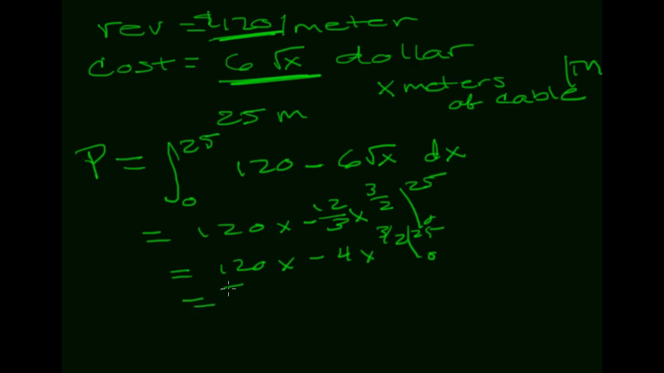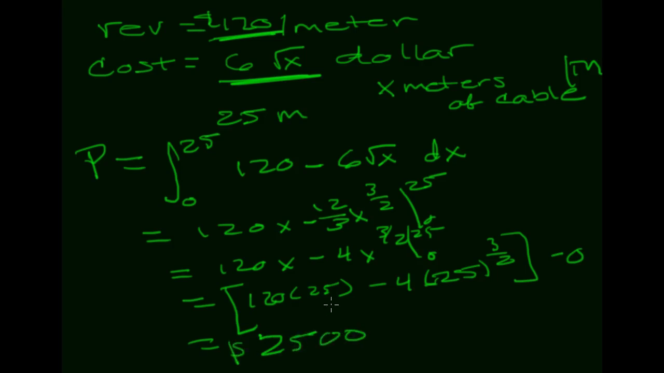So this is going to be 120 times 25 minus 4 times 25 to the 3 halves. Then it's going to be minus 0, right? Because at time 0, I'm not having any revenue or any cost. So if I work that out, 120 times 25 minus 4 times 25 to the 3 halves, which is 125, I think that comes out to be